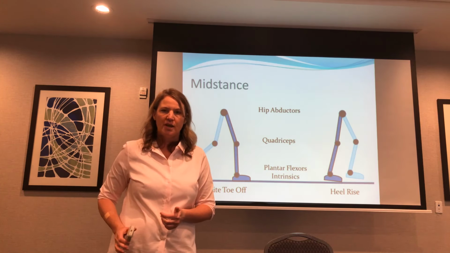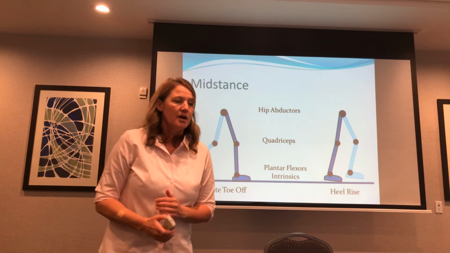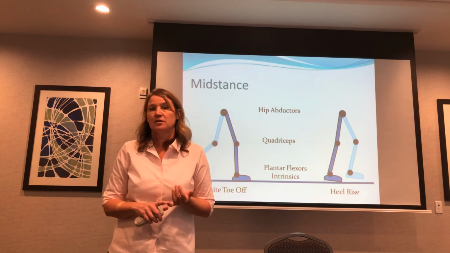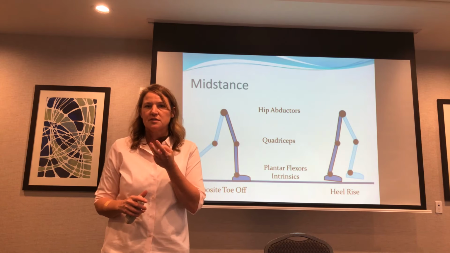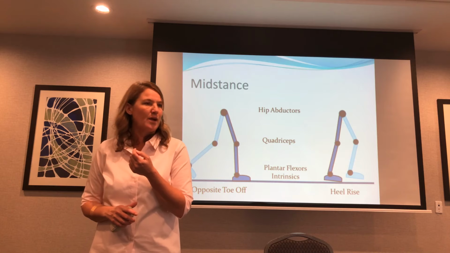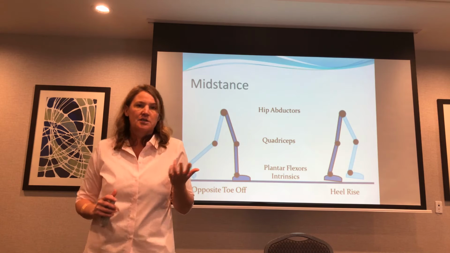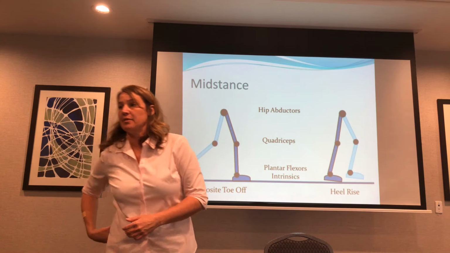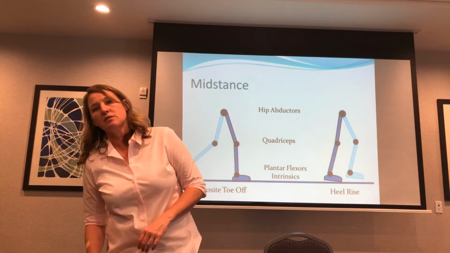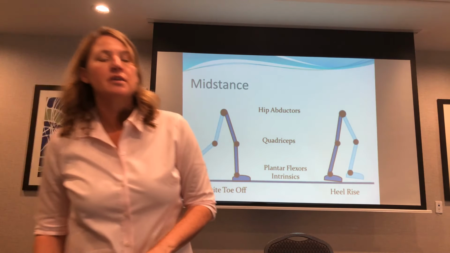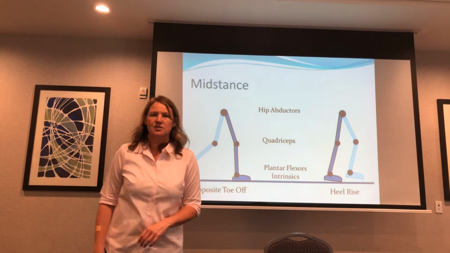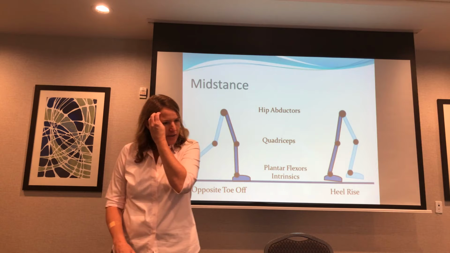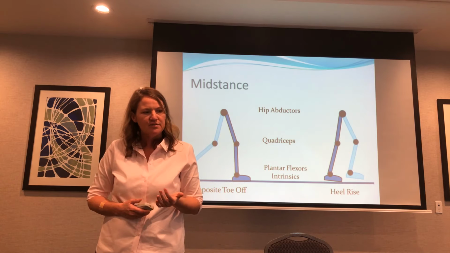During mid-stance, as the weight starts to shift over the foot, they've accepted the weight, and the weight now shifts over the foot. You still need hip abductors. So when you think about somebody who doesn't have hip abductor strength, they're going to do one of two things. The pelvis drops. I call it the Trendelenburg gait. That's what I learned, when the pelvis drops. Or they're going to lean over. That requires them not to need those hip abductors. So they may waddle. You've probably seen the people that waddle. So, hip abductors, looking for those types of things so you know how to fix it.